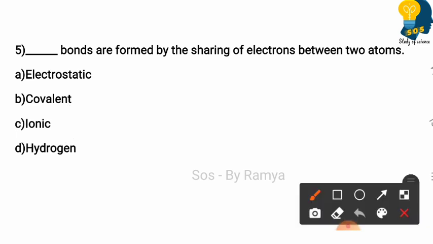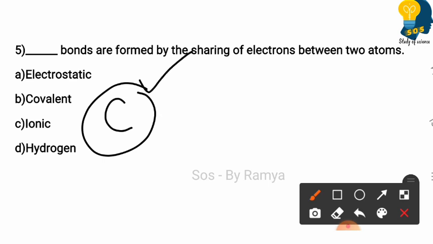For example, when I talk about covalent bond, the best example we can give is about carbon. Carbon forms covalent bonds because it has a special property of tetravalency and catenation. How are the covalent bonds formed? If we write, for example, methane, a simple example, methane. So there is one carbon and four hydrogen atoms.